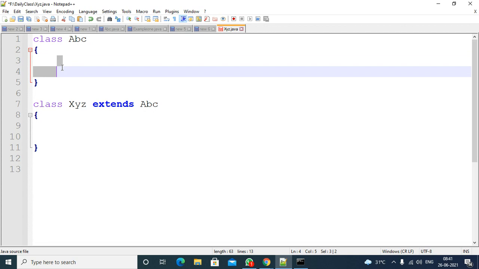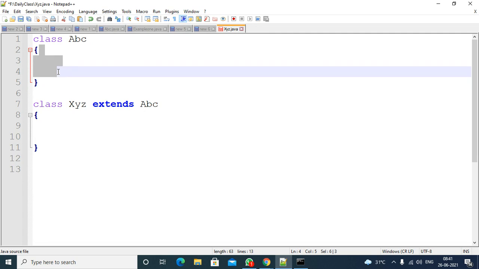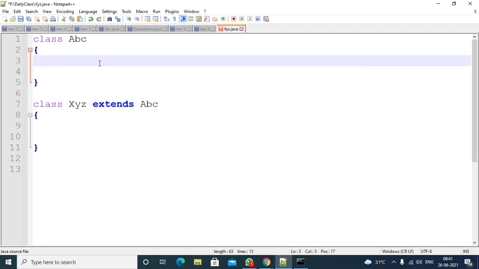ఓకేనా? సో యాక్చువల్గా ఈ క్లాస్లో ఏదైనా ఇంప్లిమెంటేషన్ ఉందనుకోండి, if a class contains some implementation, if you want to use that implementation, you must create an object for that class and you can call it, right? Suppose in case of parent and child relationship, parent class contains some implementation, that will be by default available to the child without creating the object to parent. ఓకేనా? సో ఐ హోప్ యూ గాట్ ద పాయింట్.